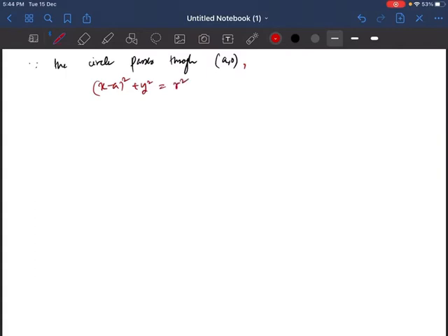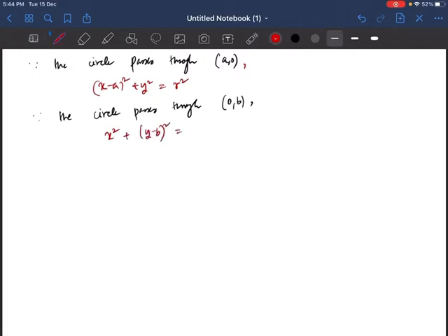It will be the same radius. Now the last one, since the circle passes through 0 comma b, this one will give us x square plus y minus b whole square is equal